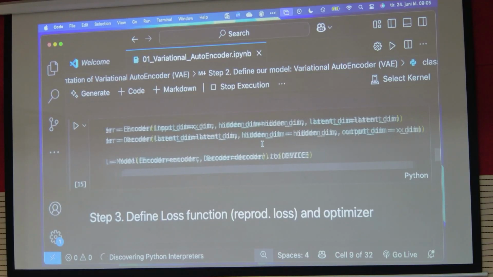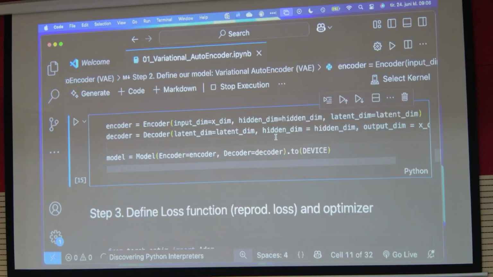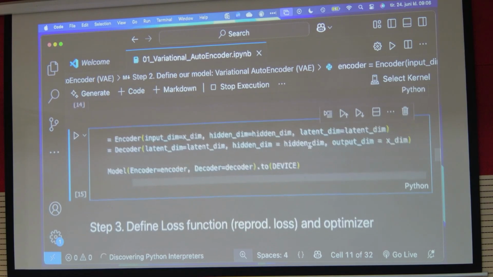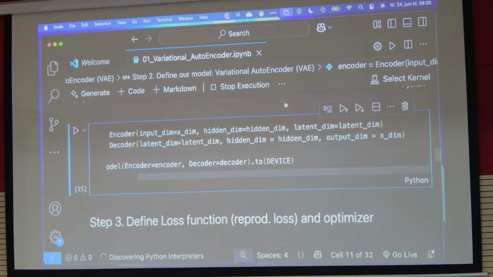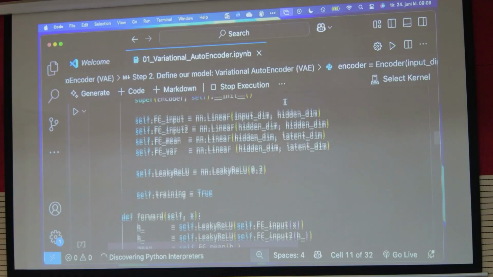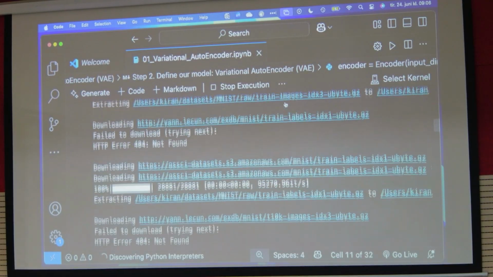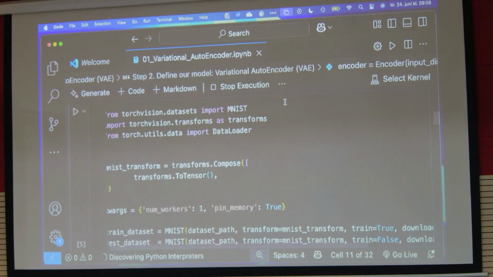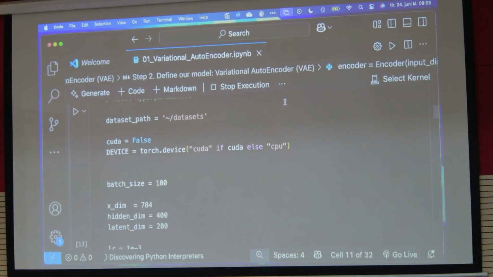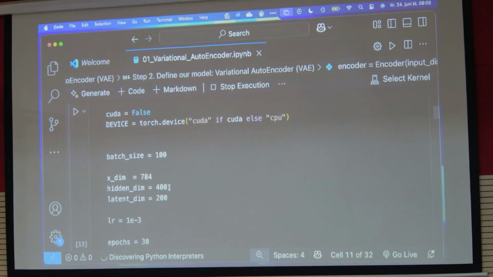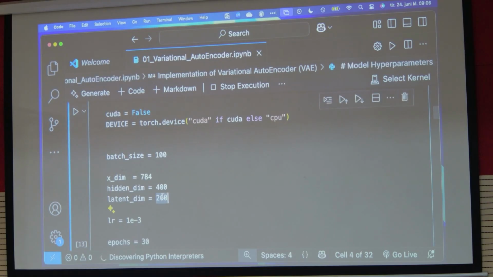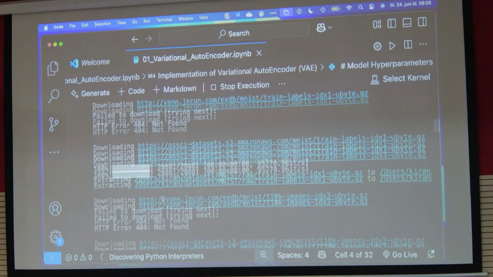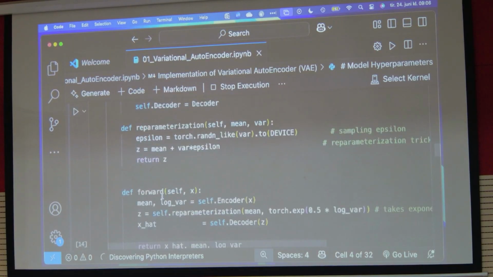Here you can define how many hidden layers and what the dimension of the latent space is. In this case, we are given a latent space dimension of, I think, 1024. Somewhere here. Batch size is this one, hidden dimension, latent dimension of 200. So from these 200 images, once the model is completely well trained,